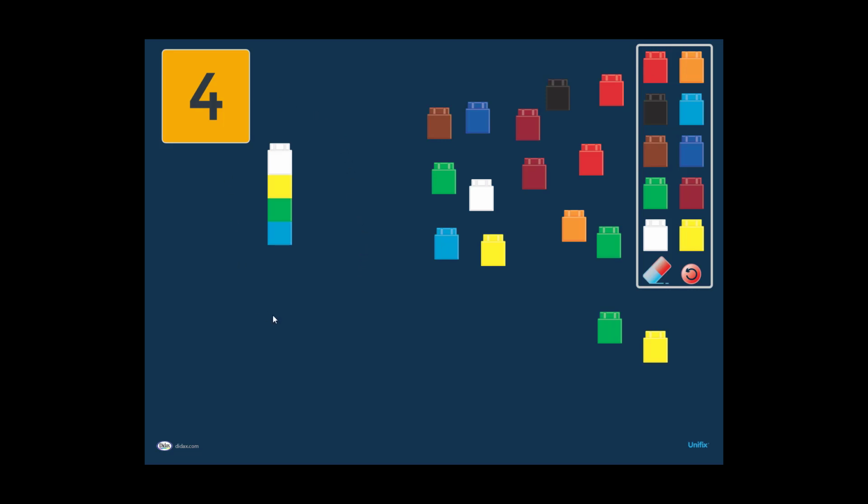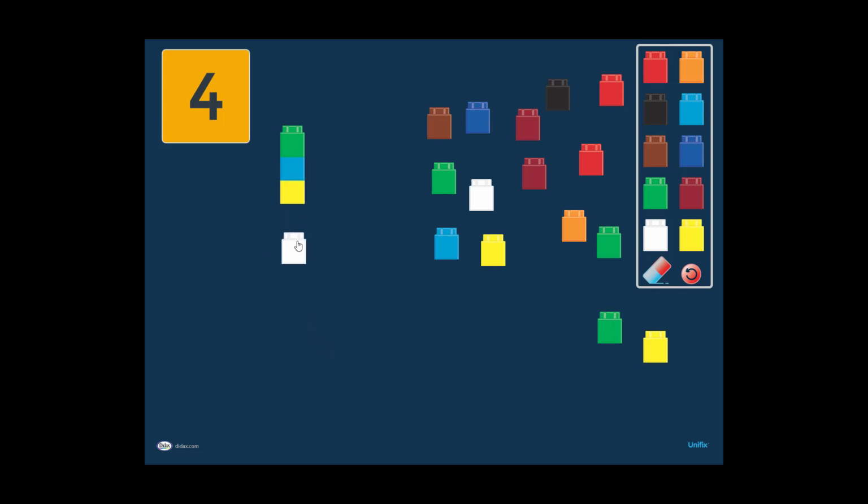What I want you to do now, boys and girls, is take that same number 4 and I want you to put it together in a different way. So instead of having the colors in this way, I want you to mix up the colors and put it together in a different order. So I'm going to take away the blue, the green, the yellow, and this is also nice because it has them practicing their colors. And this time I'm going to put it together as green first, and then, so that's 1, and then 2,